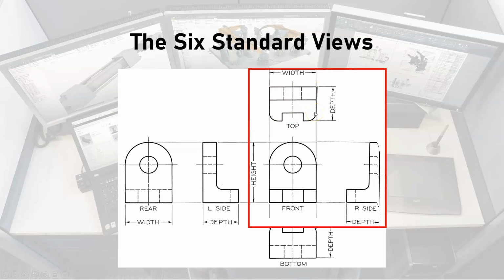So in our 3 dimensions, right, for a 3-dimensional object, we have x, y, and z. In the front view, we have x and z. In the right side view, we have y and z. And in the top view, we have x and y. So we actually have every possible coupling of our 3 dimensions. And that's why 3 views is really all you need to show most simple